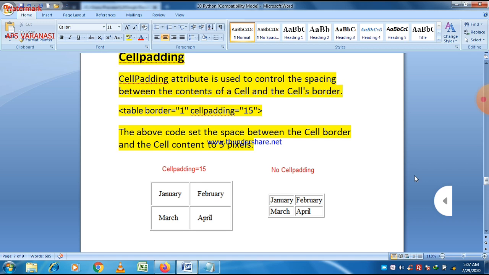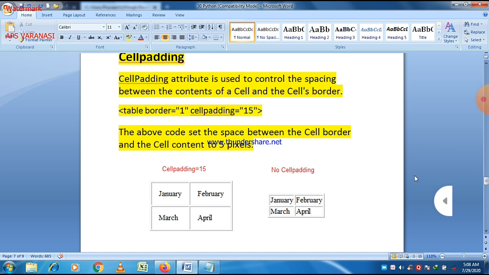Now let us try to execute this program. Execute the program related to cell padding, and we can easily find out the difference between a table with cell padding and a table without cell padding. Always remember the syntax. Syntax is very simple. Just write table. After that, cellpadding is equal to 15.